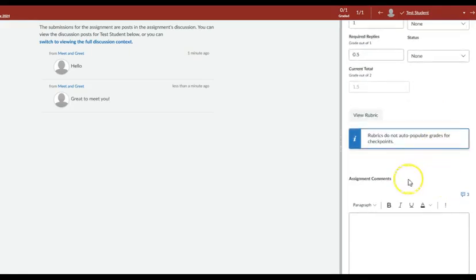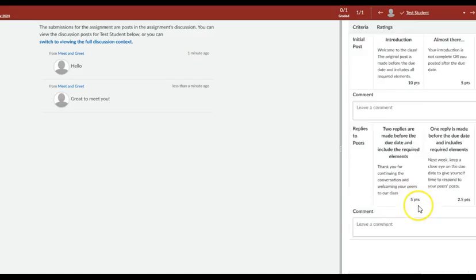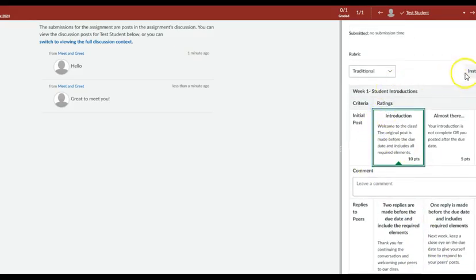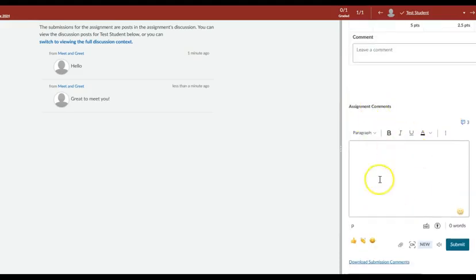So we have a little note here about the rubric. If I were to use the rubric and grade them, which has a different point value here within my sandbox, you could also leave them assignment comments, right, to let them know why they only got 1.5 points, let them know that they're missing their other reply, and maybe give them some good feedback on how to improve for next time. So that is